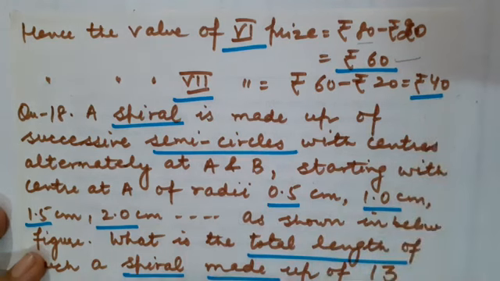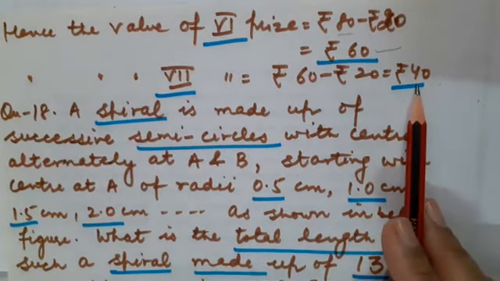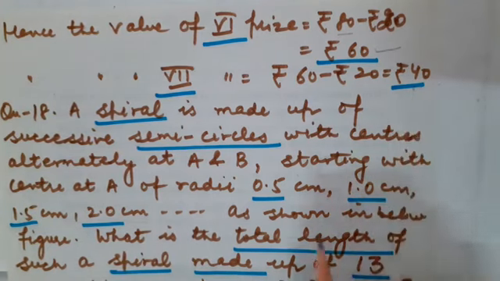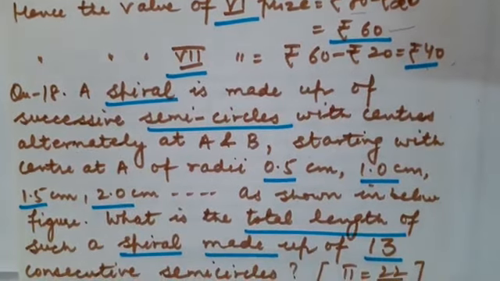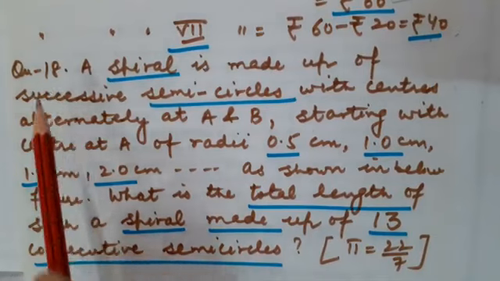Correct, students? You can even verify your answer also when you are going to add all the prize monies from rupees 160 till 40 in descending order. Definitely you will get the sum as rupees 700, which is the total cash prize money distributed among 7 candidates. Correct, students? Now children, let us switch to the next word problem. This is question number 18.